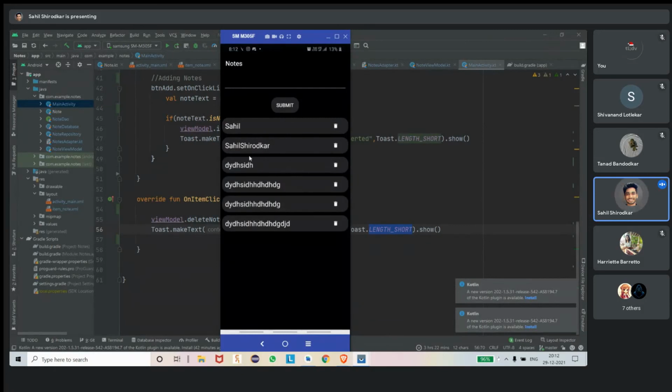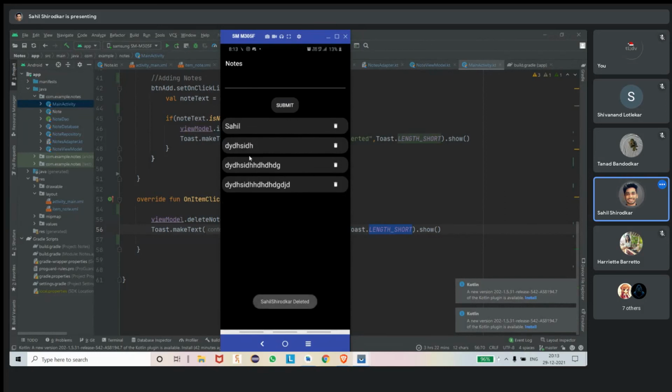So let's delete something. Because I clicked the delete button there, the note got deleted. Yeah, so that's how our notes app works.